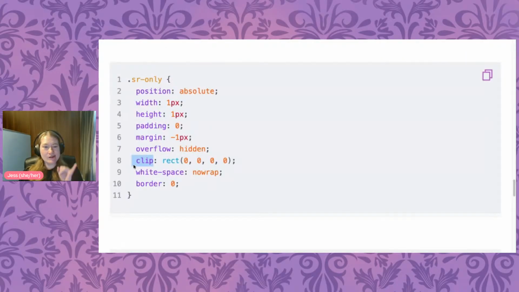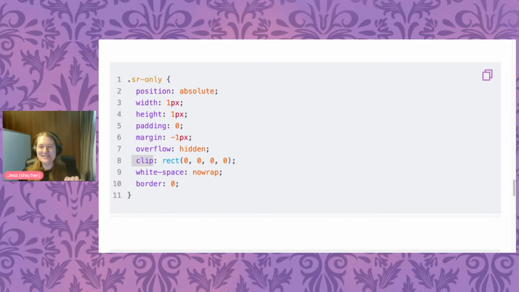So coming back here, the clip, how much visually we want to make available? None, none, none, none. And for white space, don't wrap this around. Don't give me that extra white space. The border, nothing. Here, what I'm doing with this class is I'm like, keep it in the right spot, make it as small as we possibly can, and then don't add any padding, chuck it to the side, don't add any white space, don't add any overflow space. I want to make this visually not there, but within the